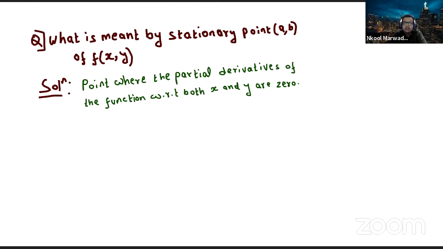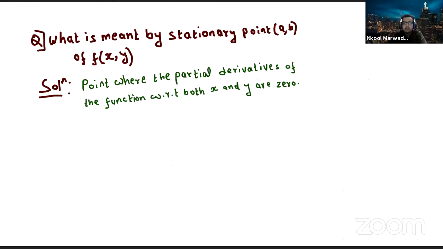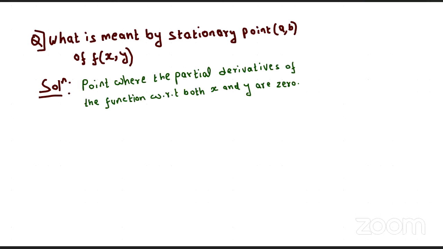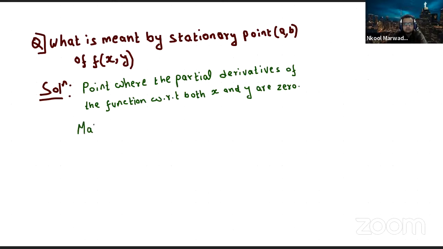You know that when we have a function of many variables, like a function of two variables, in order to calculate maxima and minima, we calculate the partial derivatives, differentiate with x and y, and then we equate them to zero. That is all. So mathematically we can say that,